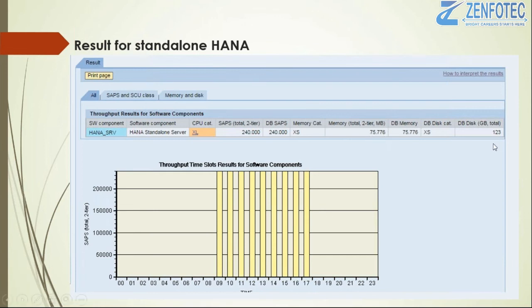Here the /usr/sap is 50 GB as per the SAP recommendation, and HANA shared should be a minimum of 76 GB. So 76 GB plus 50 GB comes to around 123 GB, the same amount you are getting. So this sizing doesn't include your log volumes and data volumes; you have to do those separately.